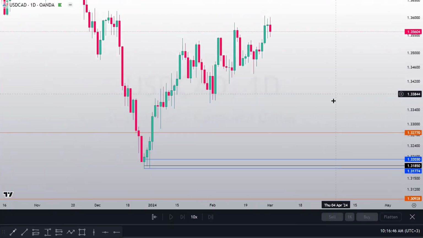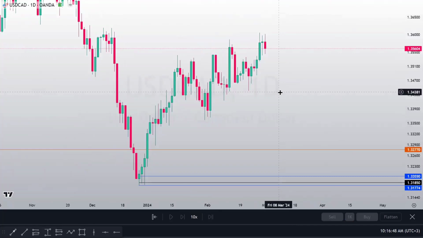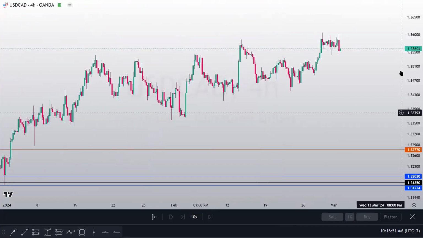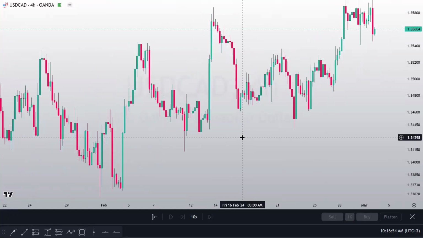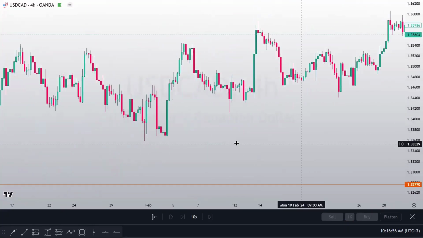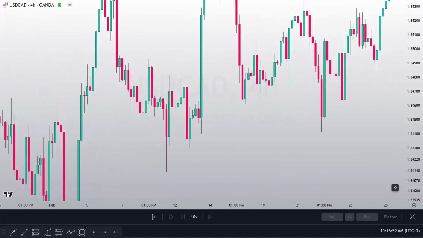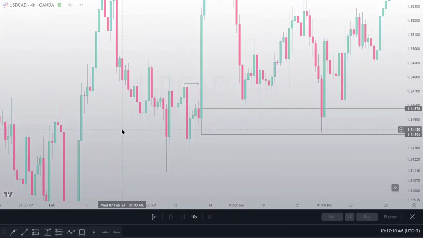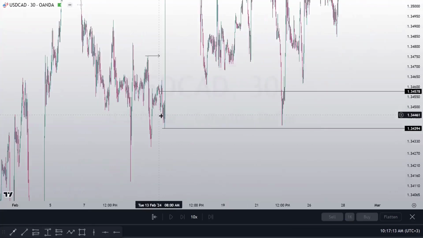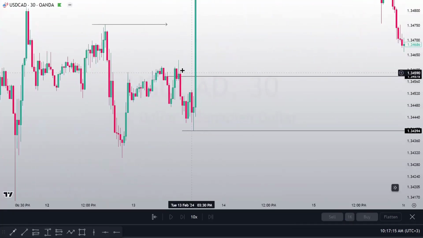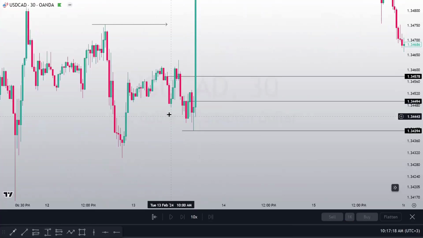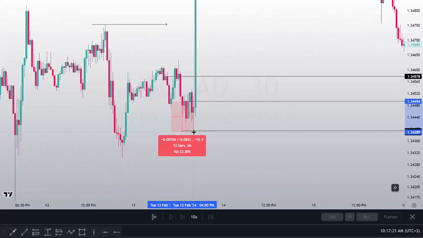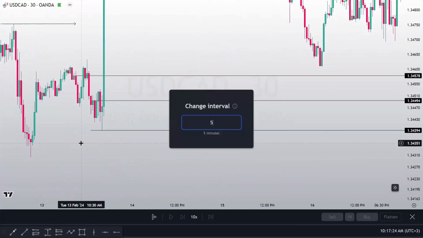So considering the entry that was taken, I remember it was last week. The entry was taken from the 4 hours, and it was from the shift that happened clearly on this area. We also had this formation. Going to the 30, we had a liquidity flip, which was this one. Clearly, how many pips did we have to risk? Only 10. But going further on the 5